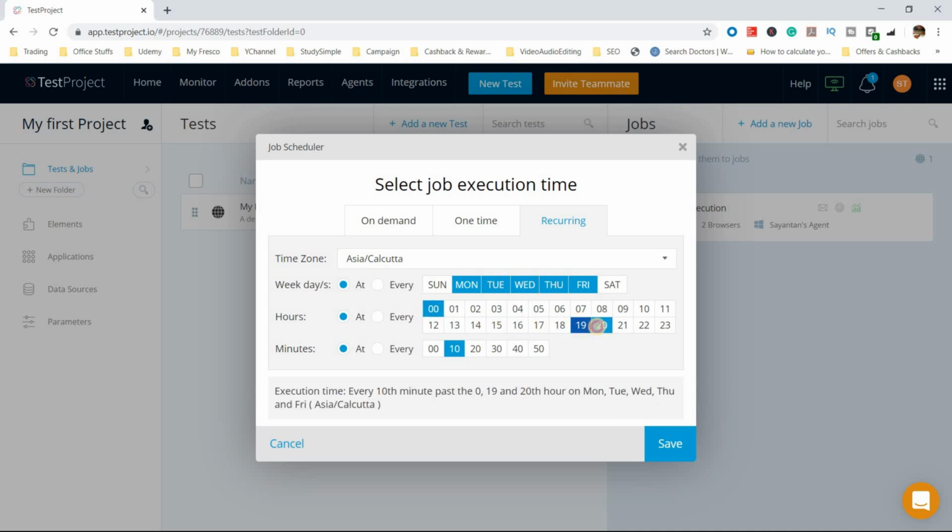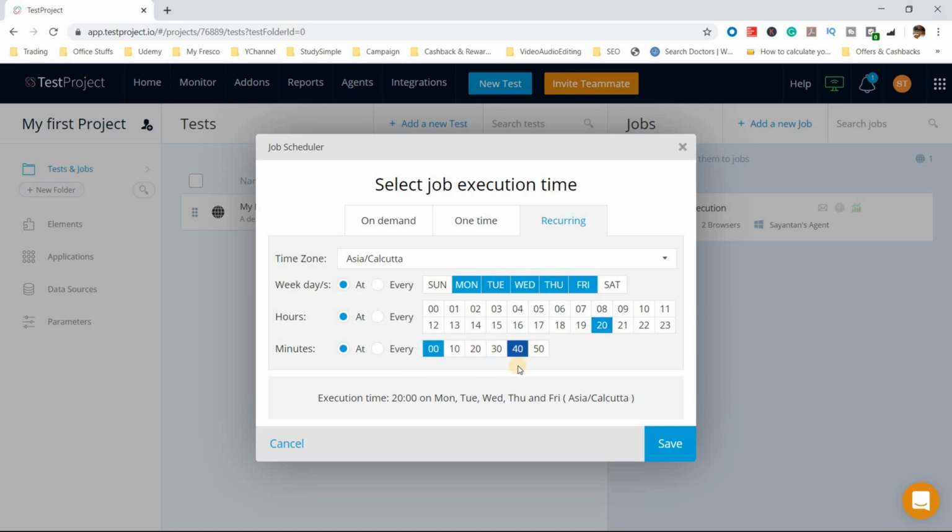Once we choose these options, we have a write-up getting ready. See, execution at 0:10 on Monday, Tuesday, Wednesday, Thursday, Friday, but we have to set the time. This time is not correct. We will write this one and we will see. Now it is done. We will choose weekdays, Monday, Tuesday, Wednesday, Thursday, Friday at 8 p.m. and in the minutes of 10. So we will write at 8:10.